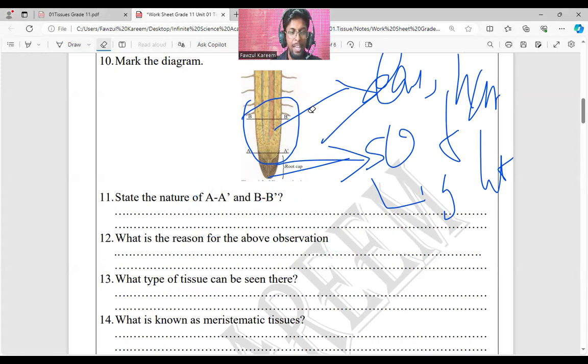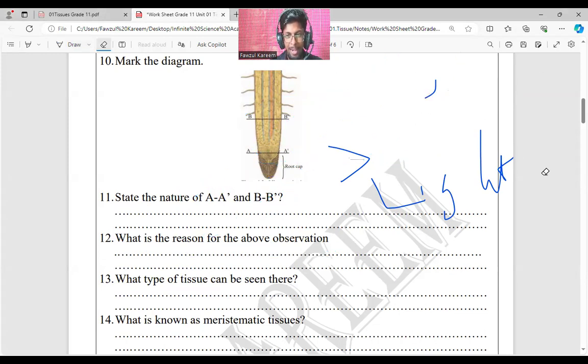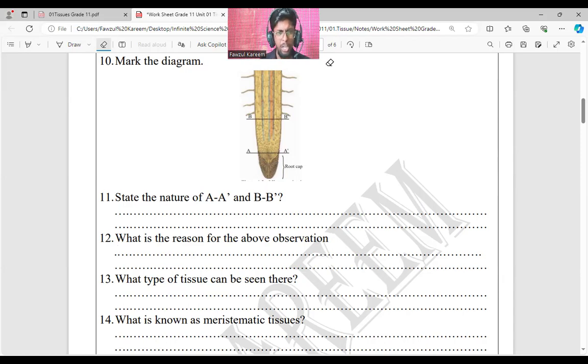This is the thing, my dear. If you can answer, that means you have understood. Right? I can also be satisfied. This is just for you to check yourself. You can test yourself before going to the exam, whether you have understood or not. That's the reason for the worksheet, right?